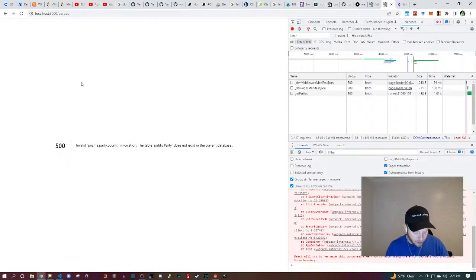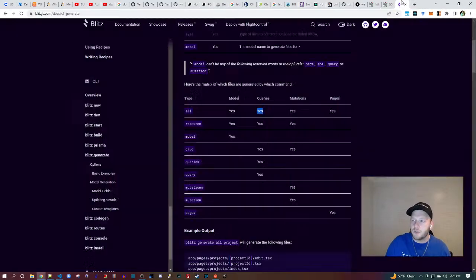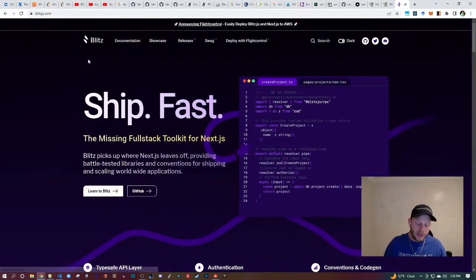Is this Laravel? This is Blitz.js. It has commonalities with Laravel. It does. So Laravel is PHP, of course. Blitz.js is TypeScript world using React. With Laravel, you don't have to use React. With Blitz.js, you're always using React. Basically, it's not Laravel, but it has some code generation similarities.